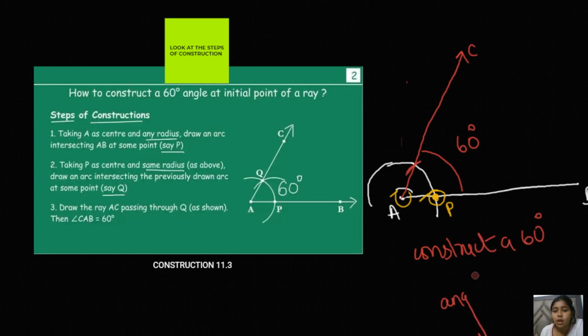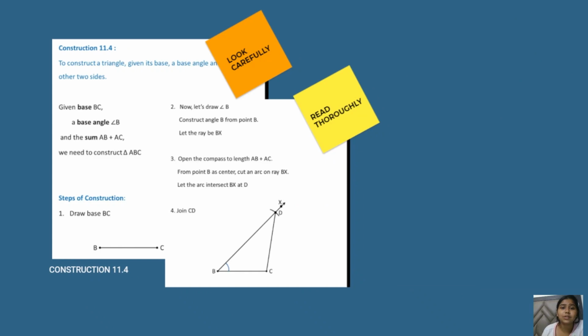This is very easy. We just have to draw the line segment, then take one end of the line segment as the center, put the pointer there, and draw the arc. After drawing the arc, the point at which this arc intersects the line segment, name it P. Now taking P as the center, draw another arc. Where both the A and P arcs intersect each other, join the line from the center, forming the 60° angle. That's all about the 60° construction, right?